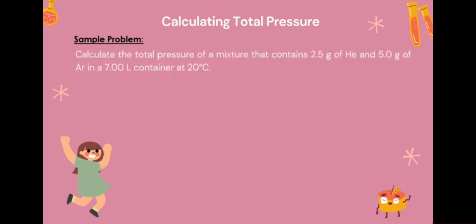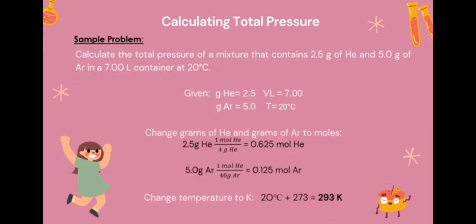So we first have to convert the grams of helium and argon to moles. 2.5 grams of helium then becomes 0.625 mole and 5 grams of argon becomes 0.125 mole. Then convert the given temperature to Kelvin, which equals 293 Kelvin. Now that we have converted the grams to moles and changed the temperature to Kelvin, we compute the two mixtures